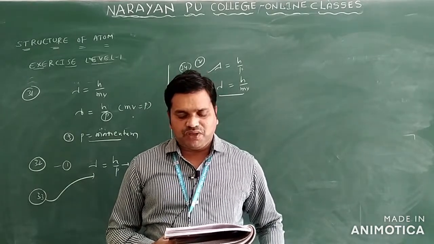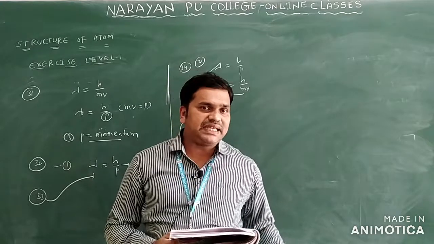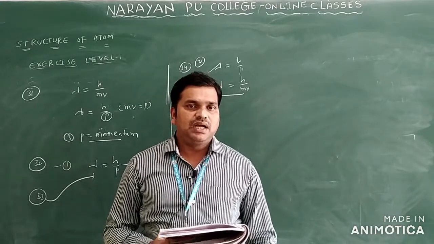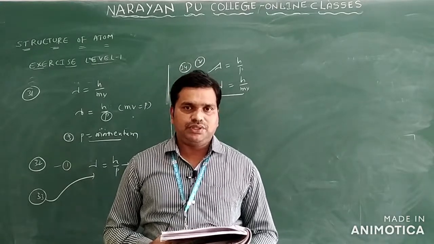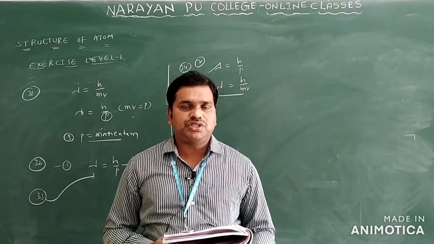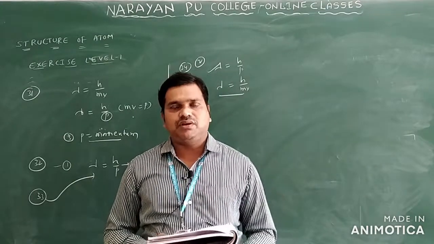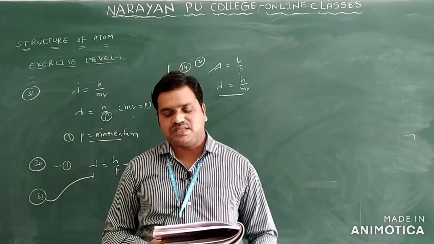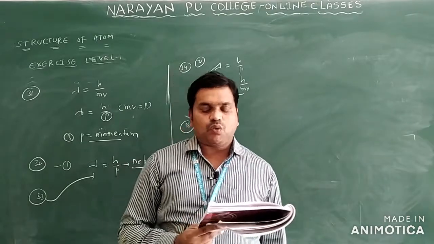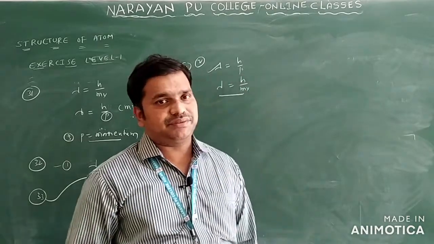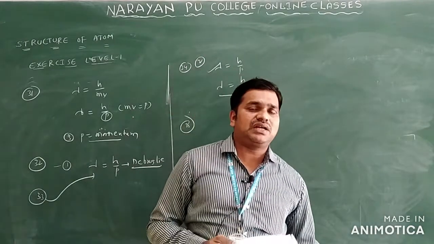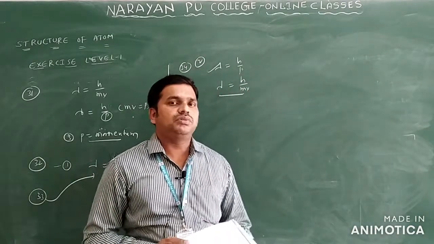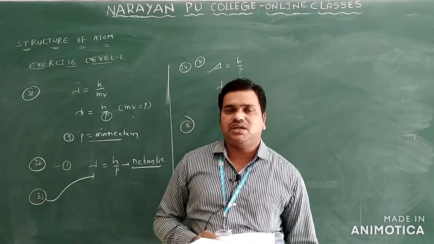Come to the alpha ray scattering experiment. Alpha ray scattering experiment mainly tells about what? The charge of the nucleus only, and that the positive charge is present at the center of the atom. The center of the nucleus has protons, but what is given here? Quantization of electrons in an orbit. Generally the quantization of electrons in an orbit is given by whom? Bohr is given here for quantization of electrons only.